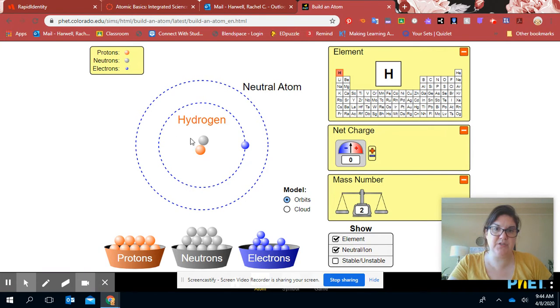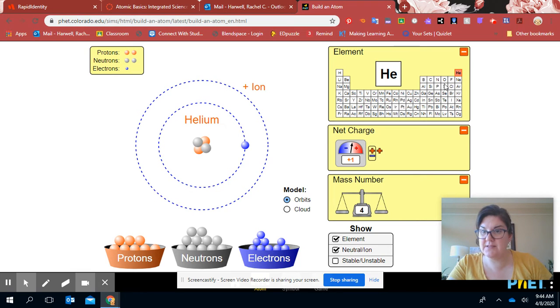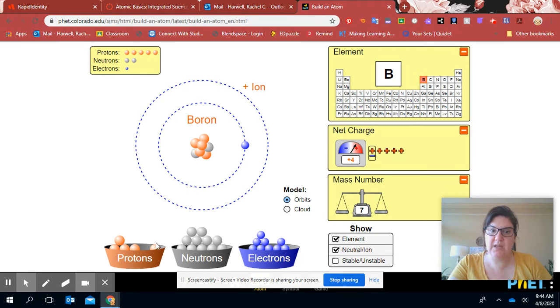All right, so what we're going to do here is we are going to be moving around some materials. First, you have to remember where protons and neutrons go, right? So protons go in the center, neutrons also go in the center of the nucleus. And you can see as I'm adding these protons, the element is actually changing because the atomic number is the number of protons. You can see if I keep adding and I keep adding, it's going to keep changing the name, right? Okay, so we have boron here. It's boron because it has 1, 2, 3, 4, 5